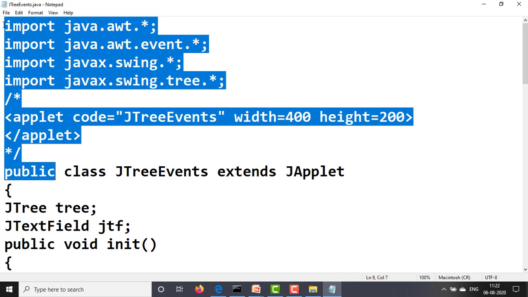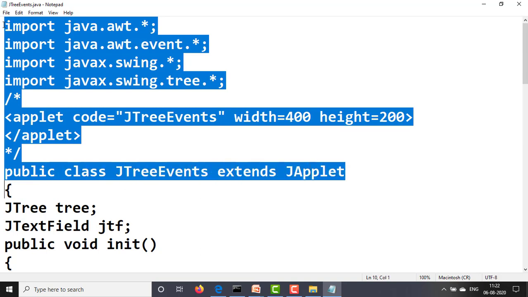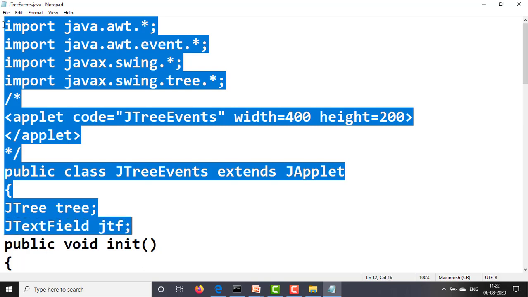Start the class: public class JTreeEvents extends JApplet. Open curly bracket, declare JTree tree, JTextField jtf, start the init method, public void init.